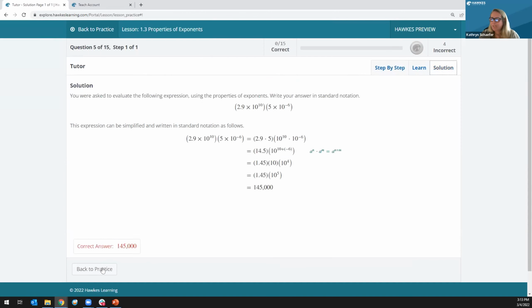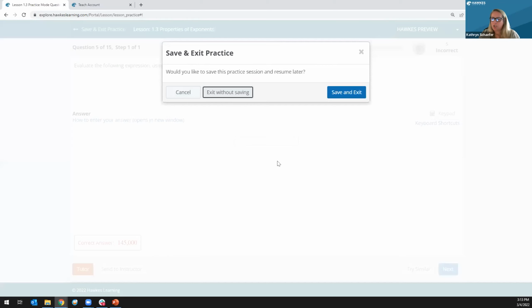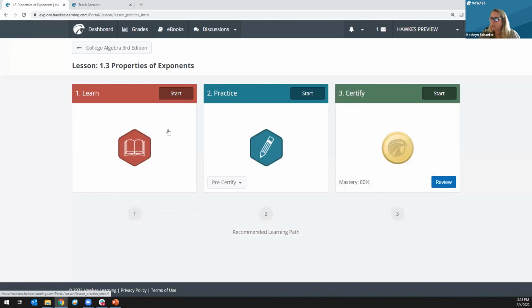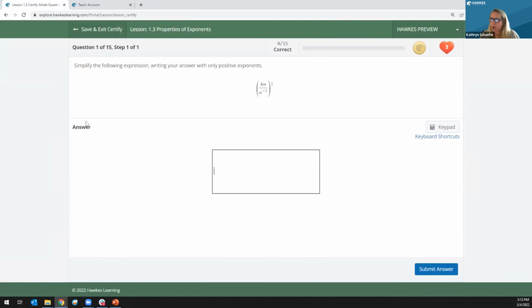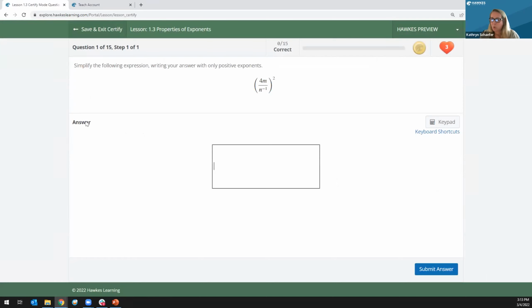Now, once a student has gone through all of their practice problems, they are ready to move on to certify. And certify is really just Hawk's fancy word for homework. This is the part that we're taking for a grade. Now, in here, you'll see it looks very similar to practice, same question types, different iterations. Again, the questions are algorithmically generated, so students are not receiving the same questions in the same order as their peers. The biggest difference between practice and certify is that in certify, you'll notice at the bottom of the screen,